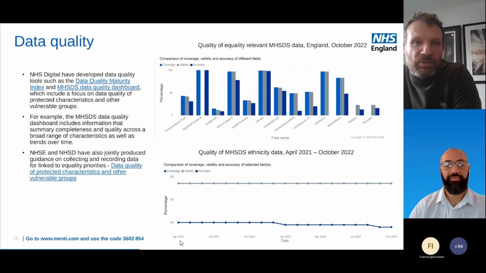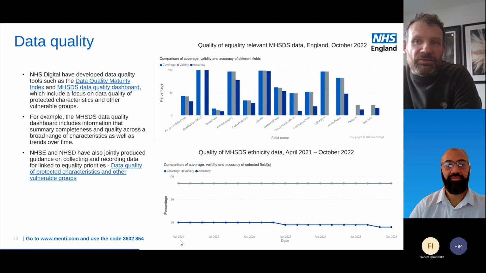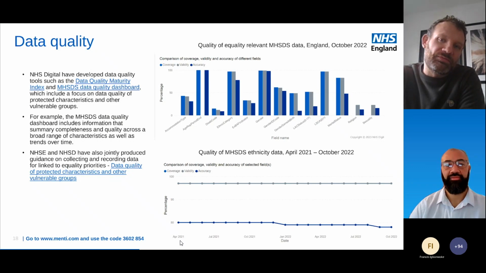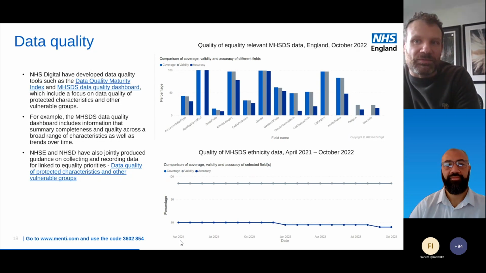Something really important to bear in mind is that yes, there are a range of characteristics that have low completeness, like sexuality and accommodation status, but actually age is a really significant inequality issue, with older adults experiencing some quite considerable access and outcome issues. So there is data that we can all be focused on right now, but we also need to think about that whole process of data collection from a patient and service perspective: are we providing inclusive environments that make people feel safe to share information, as well as the technical setup of our systems and whether they allow people to capture information easily?